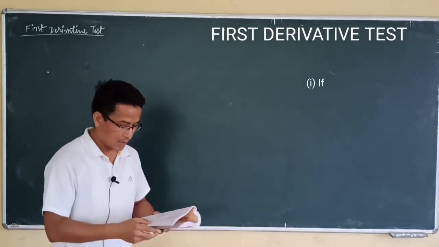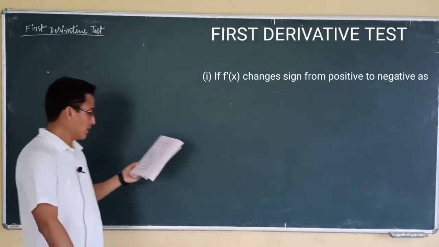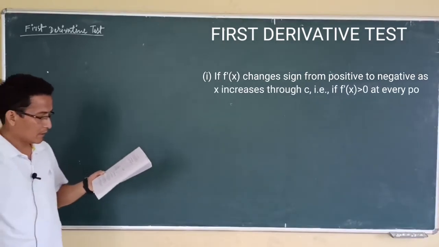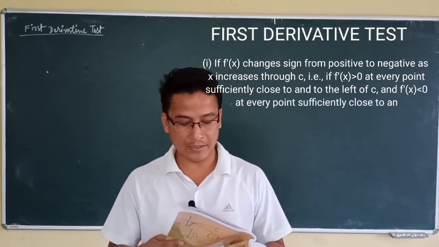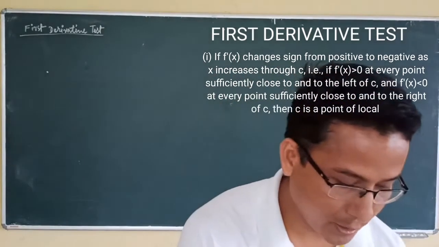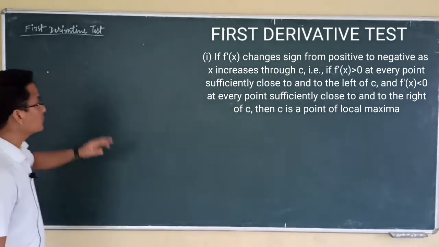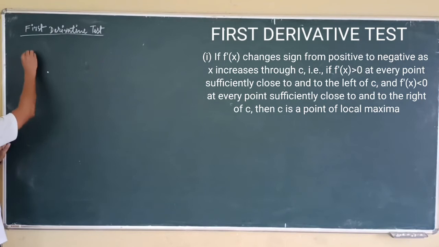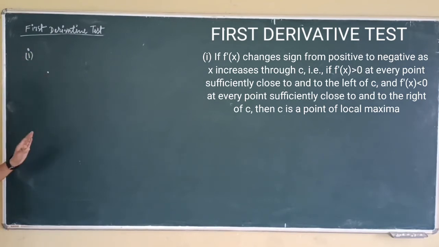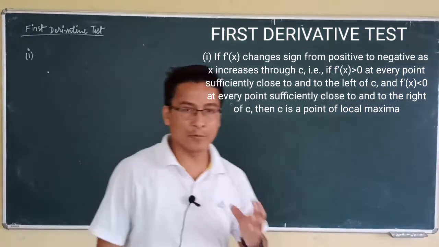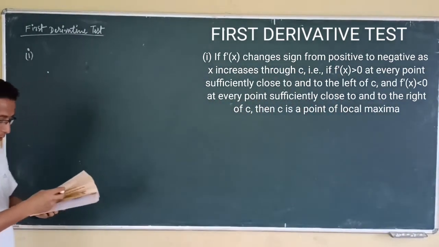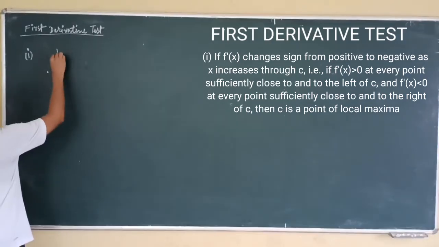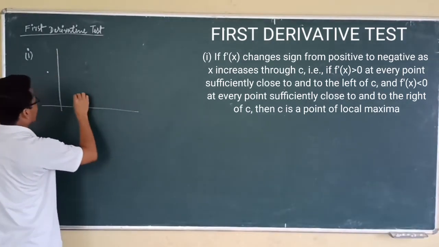First derivative test says that if a function f is defined on an interval I, and f is continuous at a critical point c in I, then we have three conditions in the first derivative test. So first, we are going to discuss the first condition. If f is a function in an open interval,